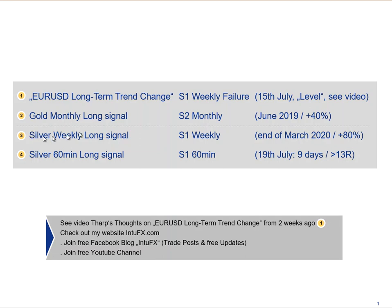There was a long pattern, this time on system 2 for silver, while gold was on system 1. The silver pattern was on system 1 weekly, end of March. So this is when the deepest point of the corona scare was over, and since this entry signal on the weekly chart, well, we're already up 80%. So that was a really nice trading situation. I'm going to show you as well